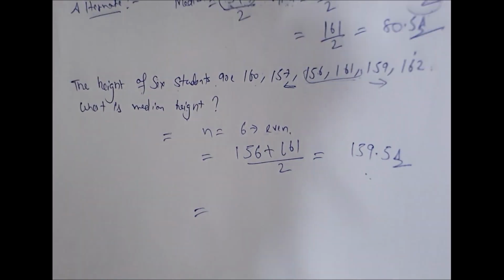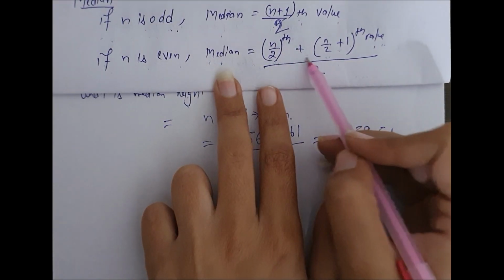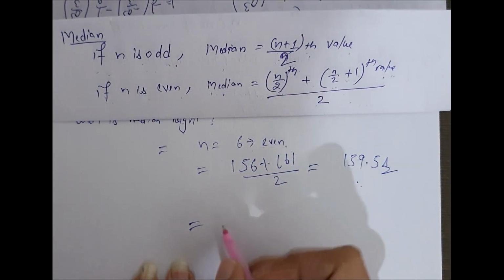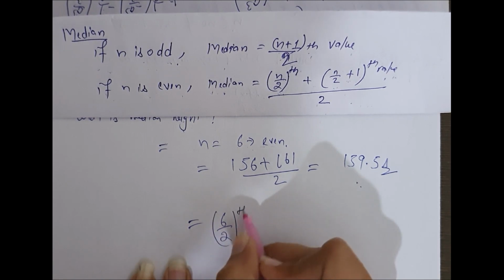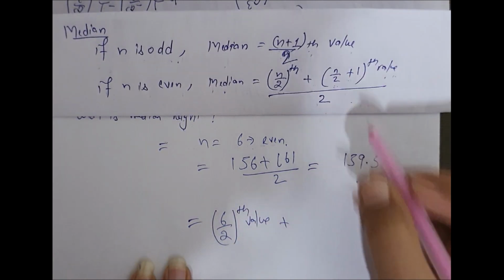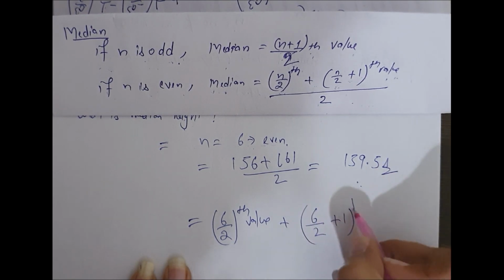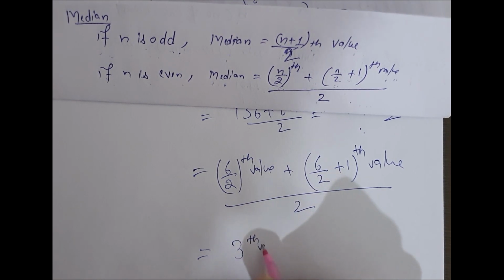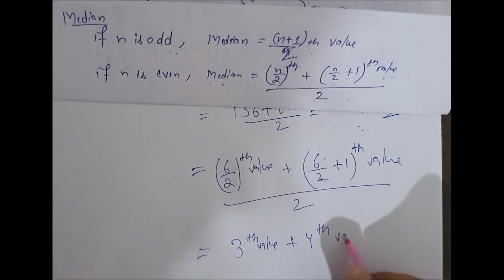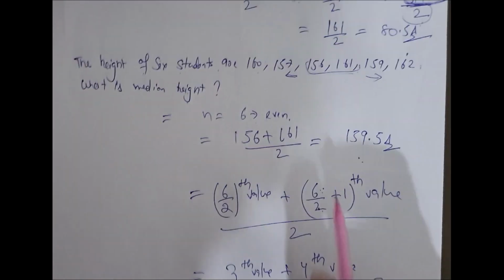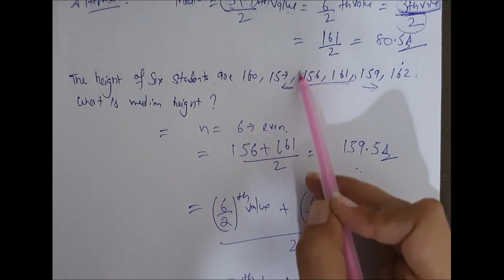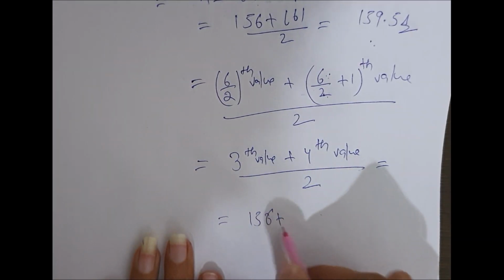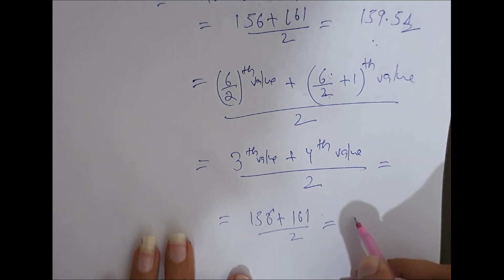Now, similarly, according to the formula, the (n by 2)th value plus the (n by 2 plus 1)th value divided by 2. That is, n is 6. 6 by 2, the (6 by 2)th value plus the (6 by 2 plus 1)th value divided by 2. That is, the third value plus the 4th value divided by 2. Now, which is the third value? 1, 2, 3. This is the third value. This is the 4th value. Put it here. 156 plus 161 divided by 2. This will come out to be,